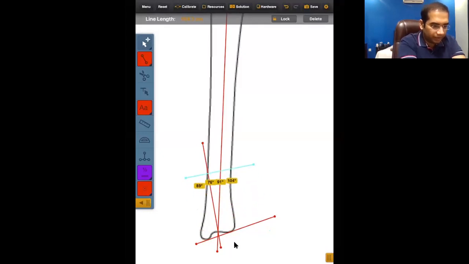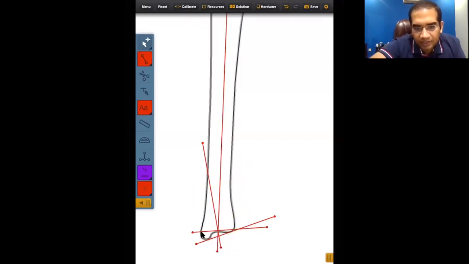Let us draw the bisector of these two angles. This is the bisector of the larger angle, and look where this line is passing. It is not possible for me to do an osteotomy over here. So what I'm going to do is a rule 2 osteotomy over here. What I will do is simply do an osteotomy which is higher above.